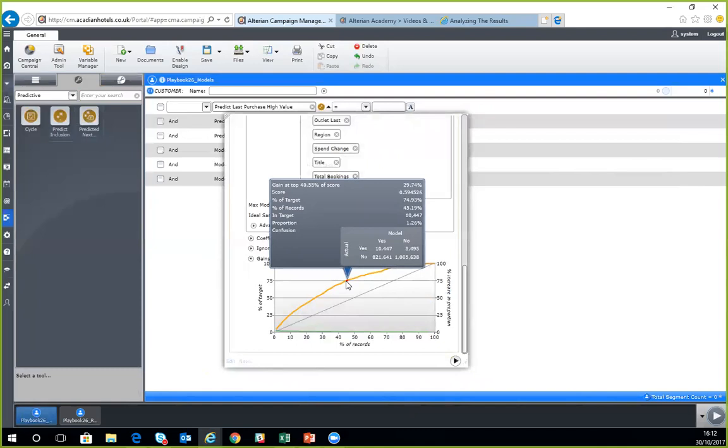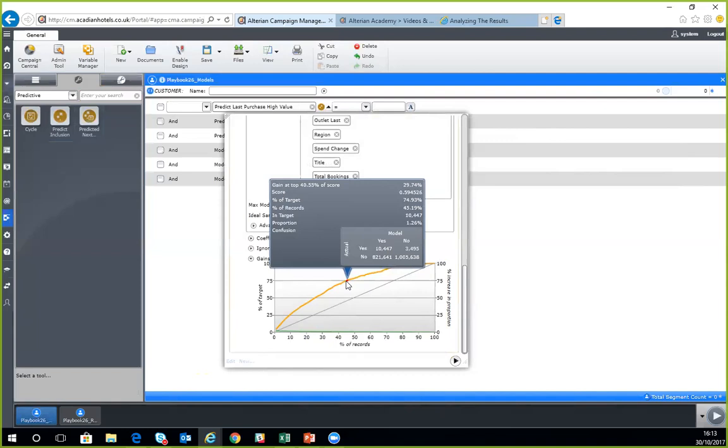So if I just hover over this red button, what this means is that if I use this model to predict people who are going to be high value, I can actually reach what the model predicts. It will be nearly 75% of those people by only needing to contact 45% of the base. Now, it might be the first time I run this model, I don't get a great uplift. I might want to take some fields out or change some of my criteria. But importantly for me as a marketeer, very quickly I can generate a score